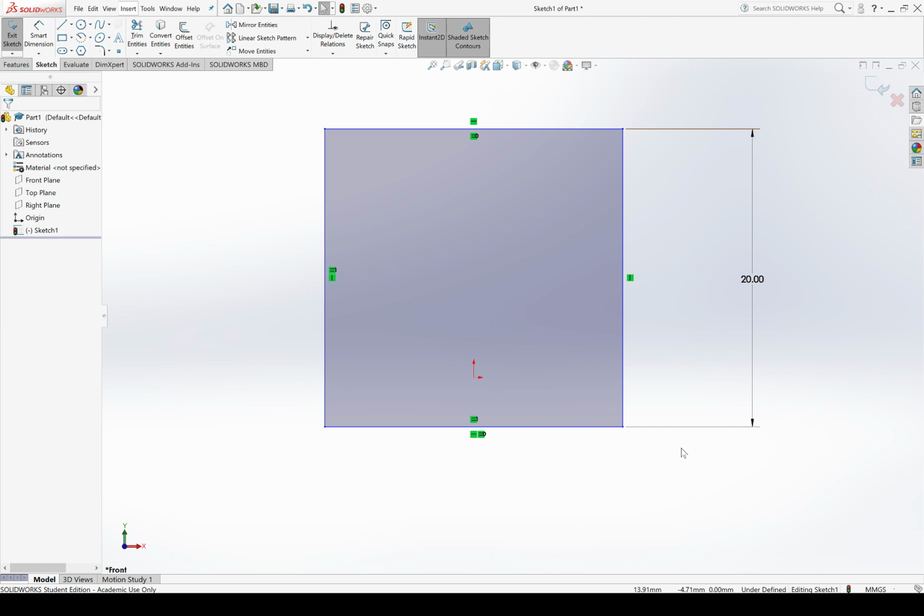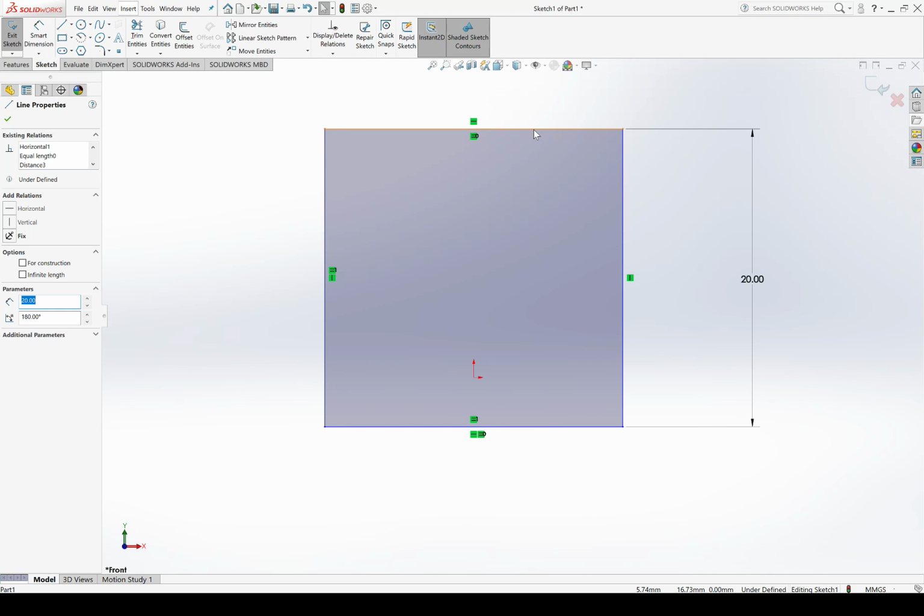But what I would like to do instead is tell SolidWorks the center of the top of the square should be vertically aligned above the origin, and the center of the right or left side of the square should be horizontally aligned with the origin. So the way that I do that is by selecting the point that represents the middle of the line. The way that I do that is by right-clicking on the line and hitting Select Midpoint. So now my selection in SolidWorks is the midpoint of the line, not the line itself. And I can really add relations relative to that midpoint.